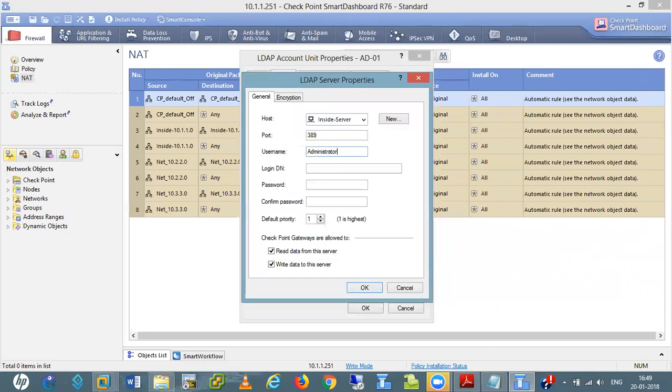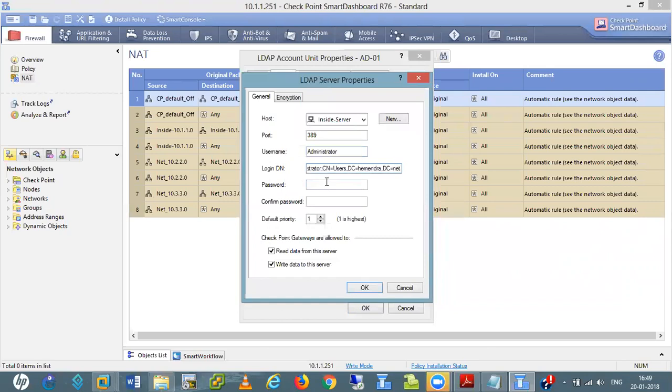Now I use cn equals to administrator, comma cn equals to users, comma dc equals to Hemen, comma dc equals to net.